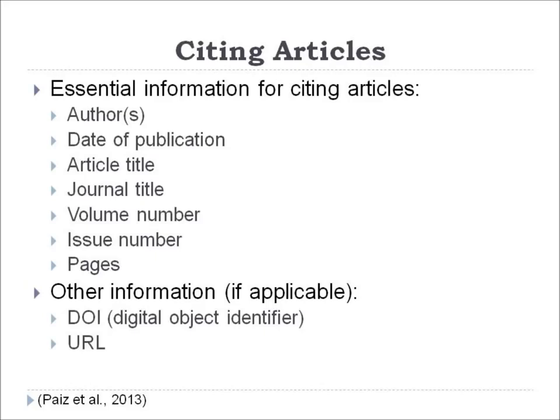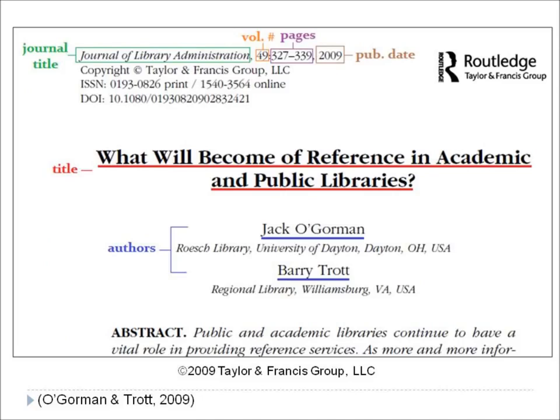Next, we will look at the essential information for citing an article. This includes author, date of publication, article title, journal title, volume number, issue number, and pages. We also need to know the digital object identifier, or DOI, or the URL of the article. Most of this information will usually be found in the bottom or top margins of the first page of the article, as seen here. As usual, the title and author are in the center of the page, more visible than